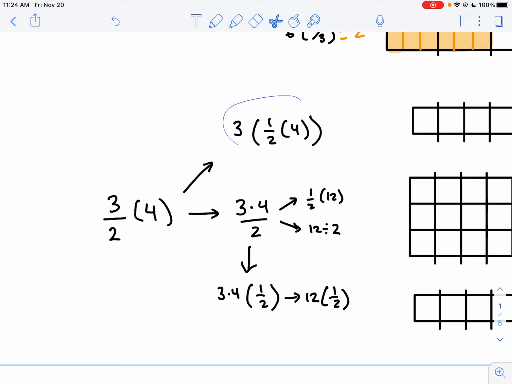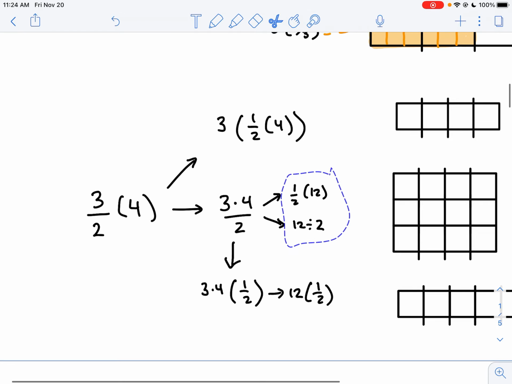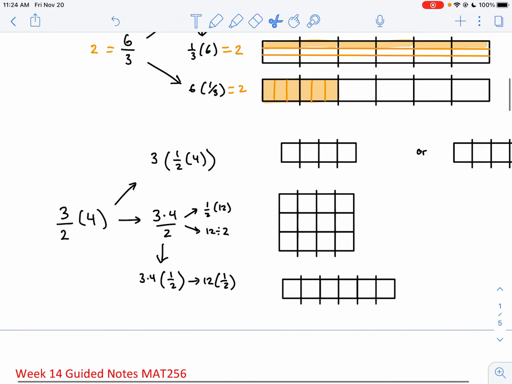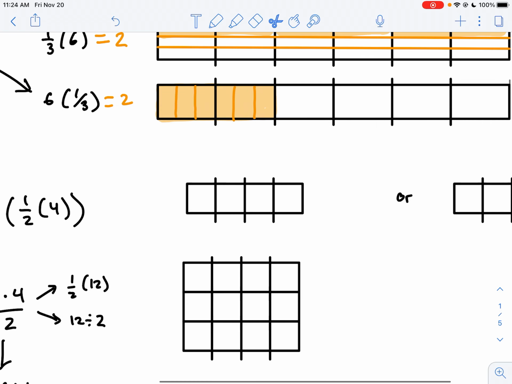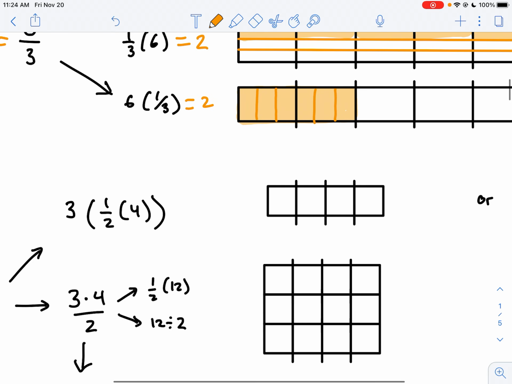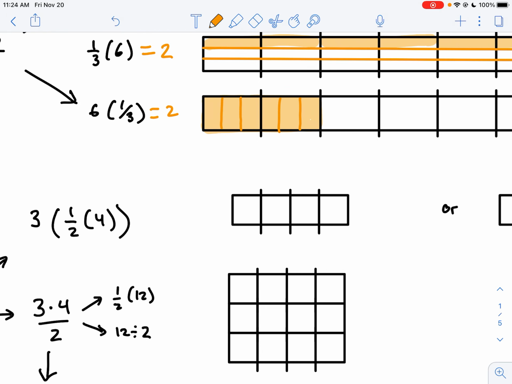So the 3 things I'm going to model is the partitioning followed by iterating. I'm going to model doing 12 split into 2 groups, and I'm going to model doing 12 1/2s. And we're going to see that we get the same result numerically each time. Okay, so let's first do 1/2 of 4. So if I do 1/2 of 4,